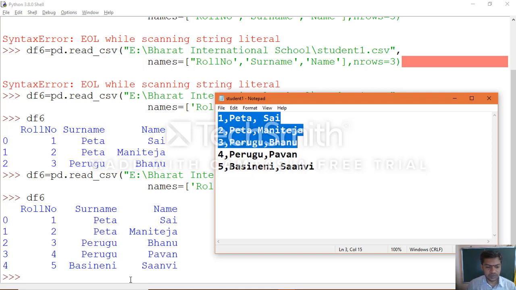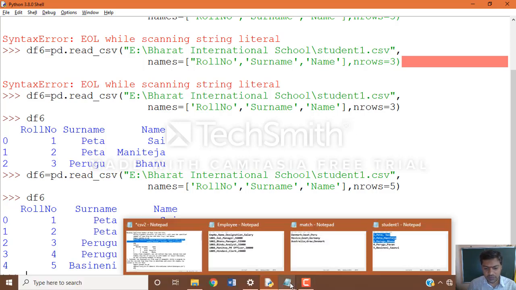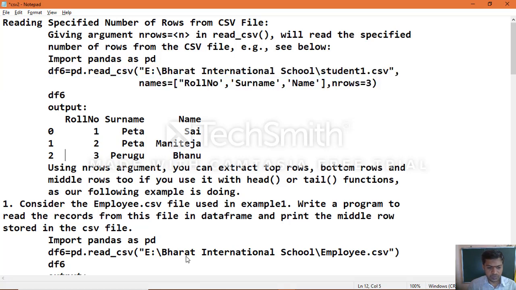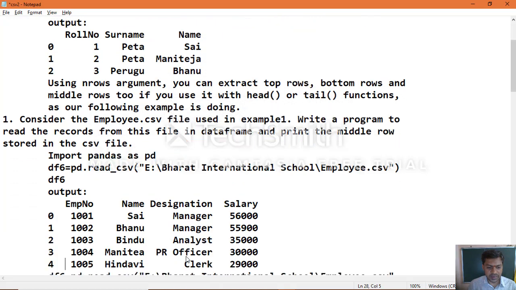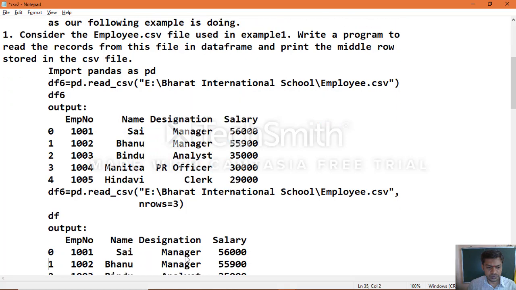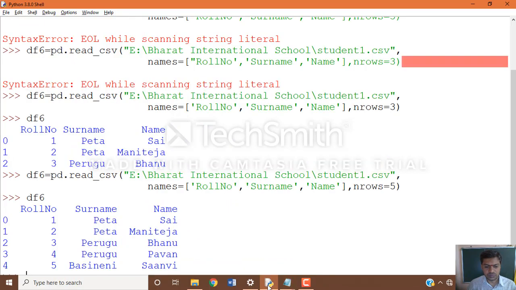Okay. Now we know how to extract a number of rows. From this, we will proceed with another opportunity, the head and tail functions, and how we can make use of them.